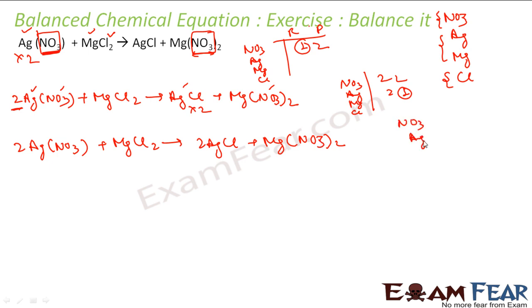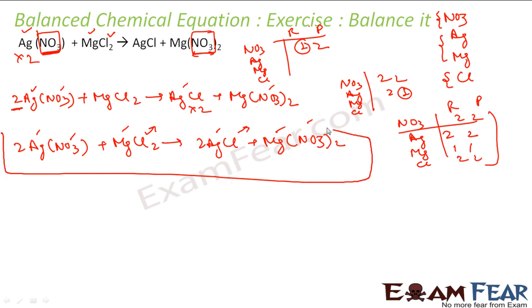Now let's again compare. You have NO3, Ag, Mg, Cl. This is reactant, this is product. NO3 is 2 here, 2 here. Silver is 2 here, 2 here, correct. Magnesium is 1 here, correct. Chlorine is 2 here and 2 here. So everything is balanced, thus I can say that this is my balanced chemical equation. What we have seen is, first we balance that polyatomic thing, then we balance metals, and then we...